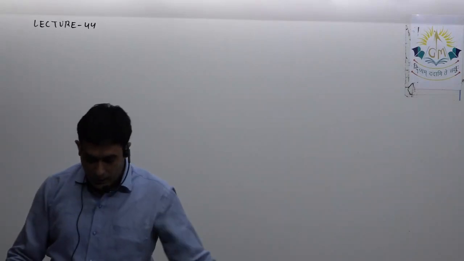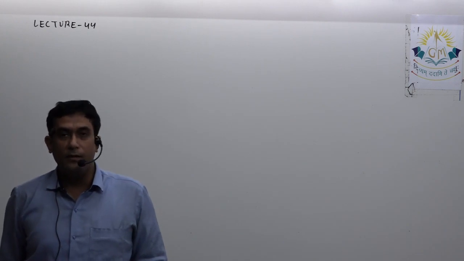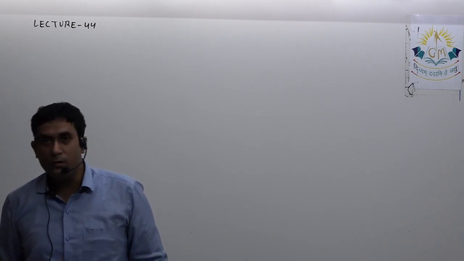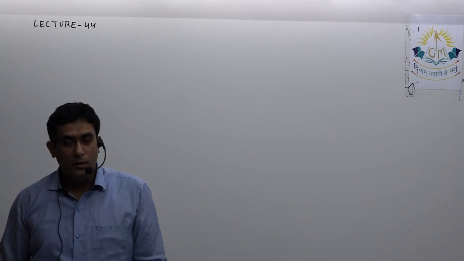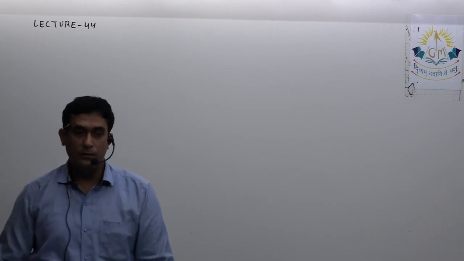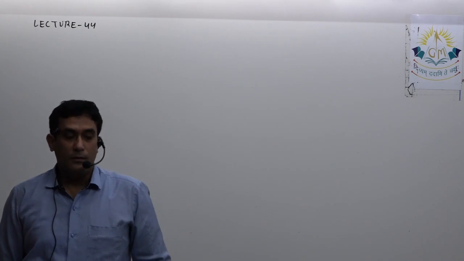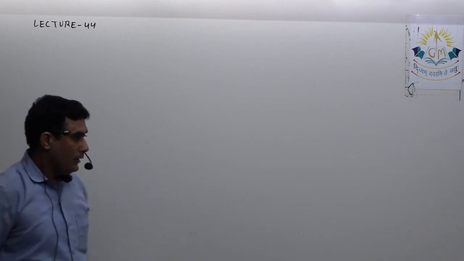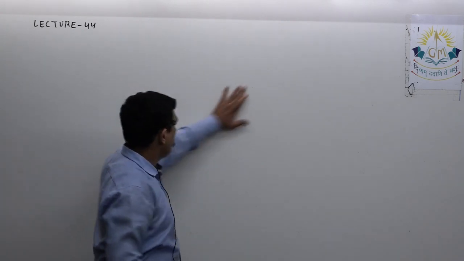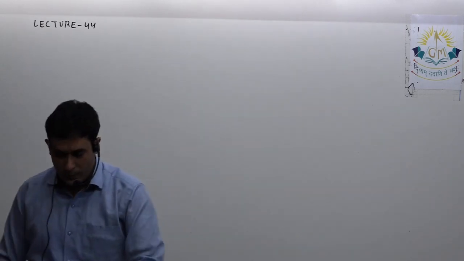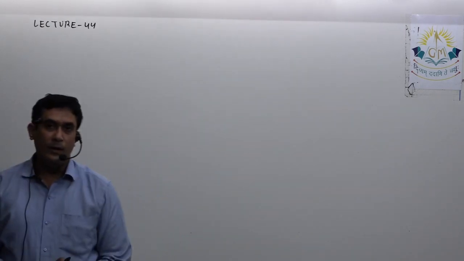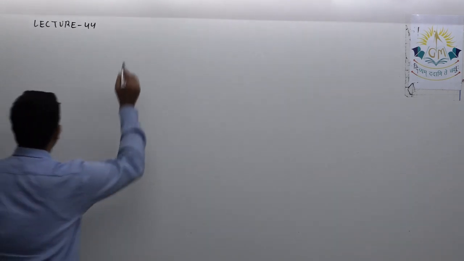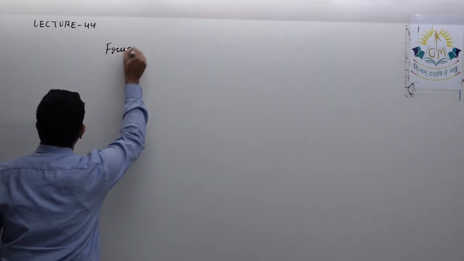Hello friends, in the last lecture we started a new chapter, that is surface area and volumes. There we saw the curved surface area, total surface area and volume of some solid shapes like cube, cuboid, cylinder, cone, sphere and hemisphere. Now, in this lecture, we will definitely start problems based on this, but before we move to the problems, we'll see one more solid shape and its curved surface area, total surface area and volume.